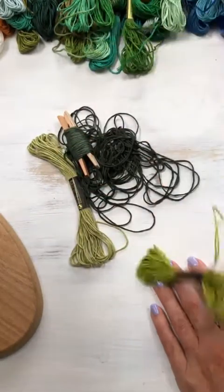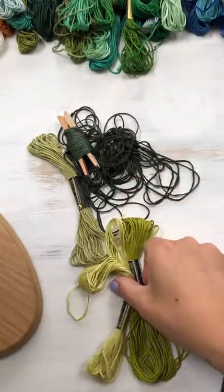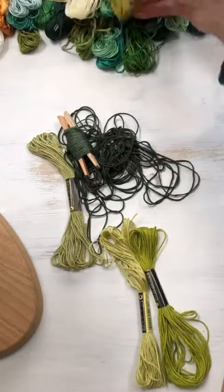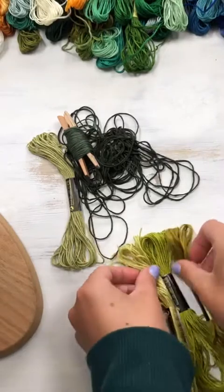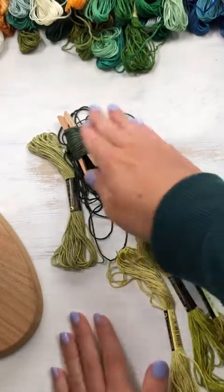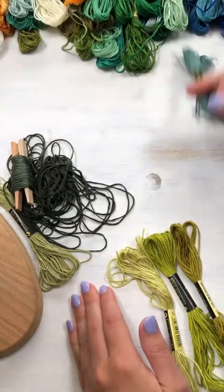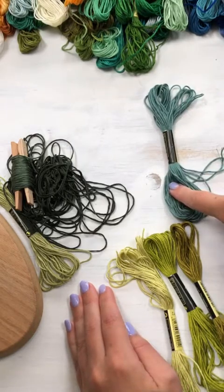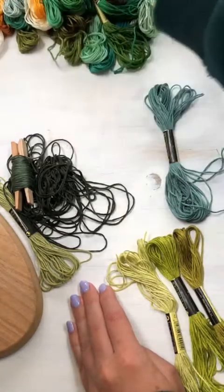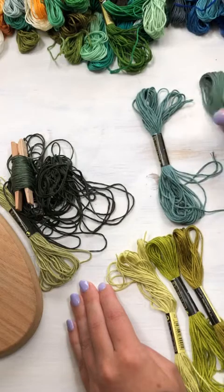So you could have a really yellowy, a yellow undertone like this. Where's another yellow one? Like these, you could probably do a nice thread painting with those because they're all almost the same color tone. Or you could have blue. A bluish color would be like this one. So this green has more blue than this green. This one has more yellow. Let's see if I can find...